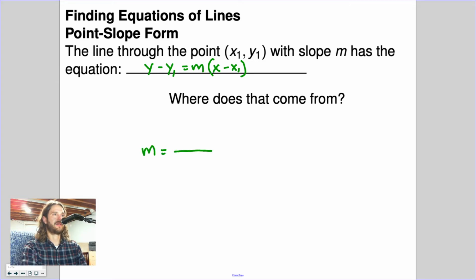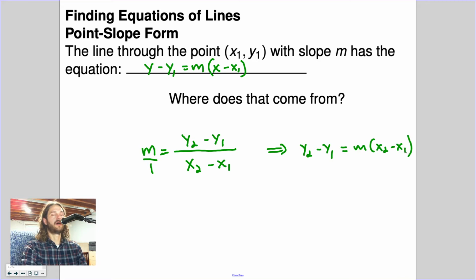Okay, what this really comes from is the equation I already gave you. Now, when you have a linear equation or any function relationship, you have an input variable and an output variable. So all that they did, basically, for point slope form is they took the slope equation and cross-multiplied. They used proportional reasoning, cross-multiply. Here, y2 minus y1 times 1 gives us y2 minus y1. Anything times 1 is itself. Then we have m times x2 minus x1.